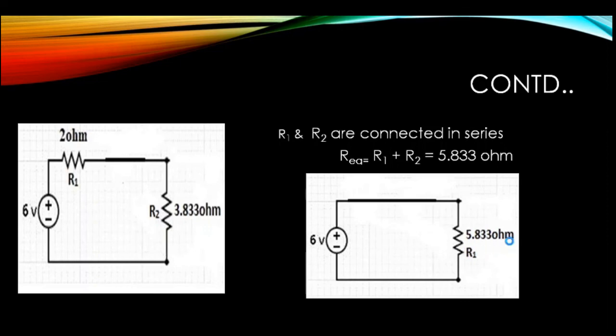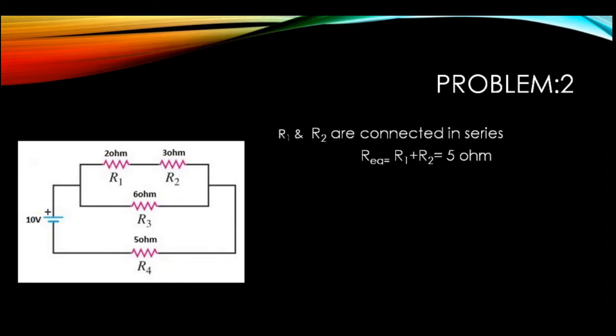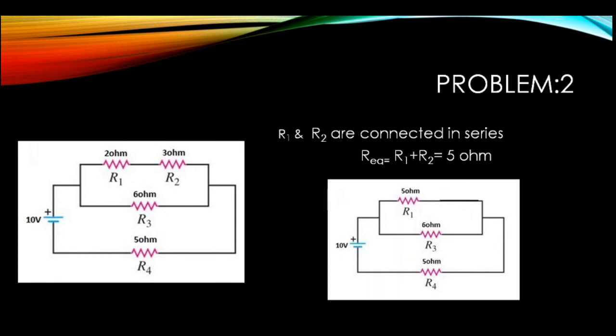So let us see one more problem to find the equivalent resistance. Now we do not have any resistance on our left hand side. We have R4 here though, but to solve R4 we need to solve this particular loop here. We have a loop, so we will be starting with this. Here 2 ohm and 3 ohm are connected in series. So we find the equivalent resistance, that is 5 ohm. Then the 2 resistances are reduced to 1 resistance.